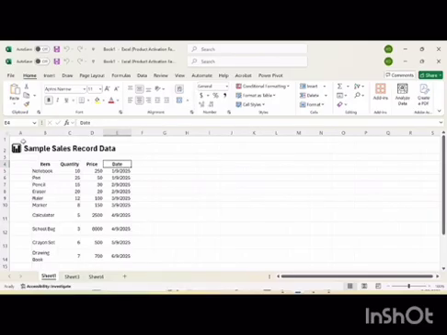A row is what you have as a horizontal line like this. The A1, B1, C1, all these are rows. So if you look at what we have here, the item, quantity, price, dates are all on a row. While the columns we have here, from A1 here, A2 here, A3, all in here, in vertical lines,